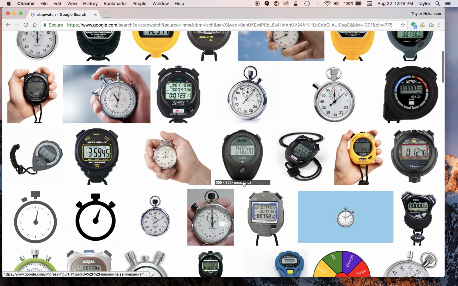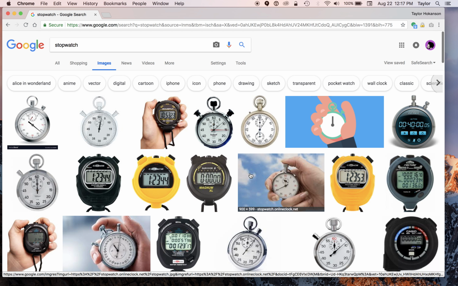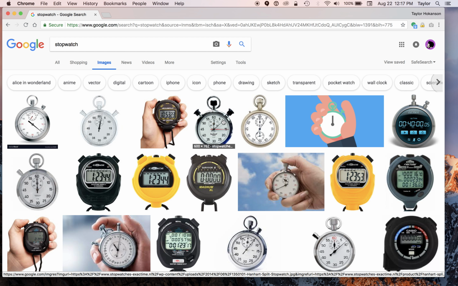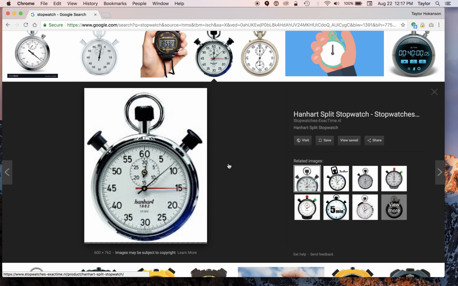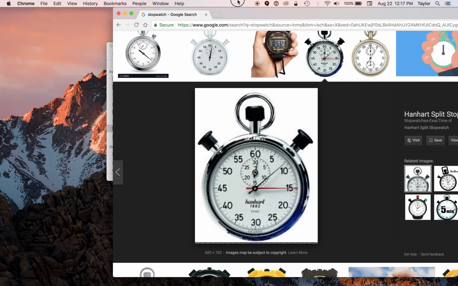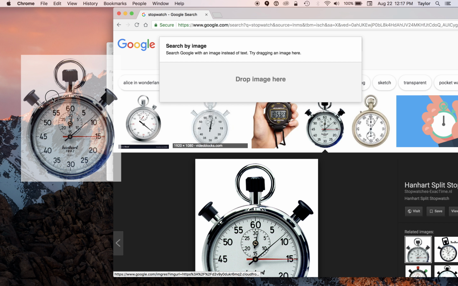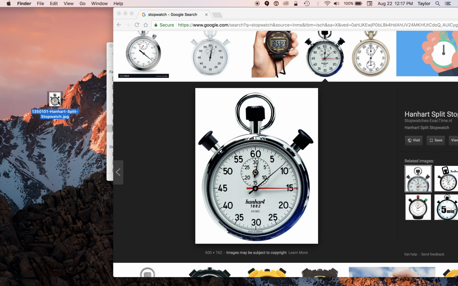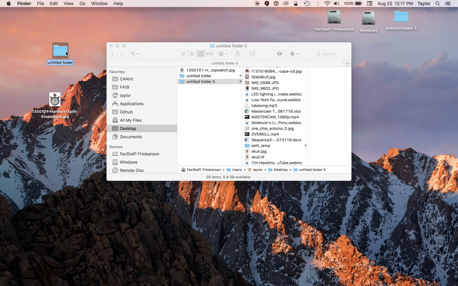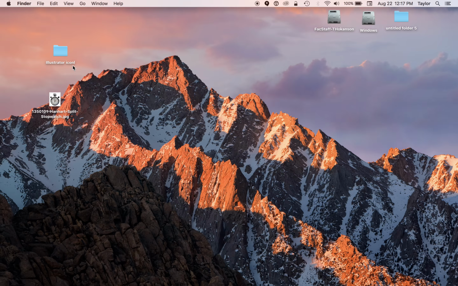So if I want to, I can download some of these pictures to my desktop. Sometimes I'll find something like this useful. So let's just pick, say, this image right here. Google recently changed the way you download images, so sometimes you can just drag them directly from here. I think sometimes you won't be able to get away with that, or you'll get like a sort of miniature version. So we'll take that one. And as with all the projects, I recommend you keep them organized. So if we call this Illustrator icon, and then spell it right, we'll put our source material in there,